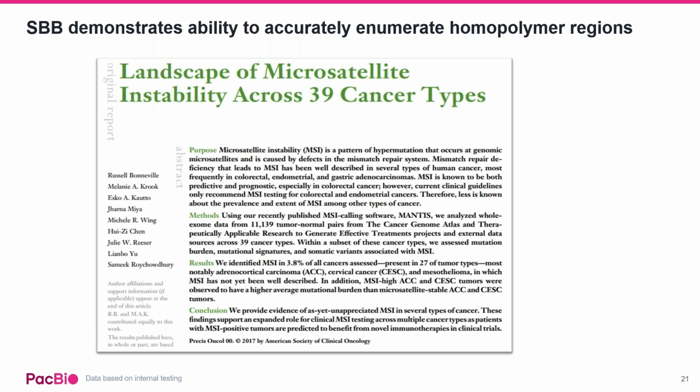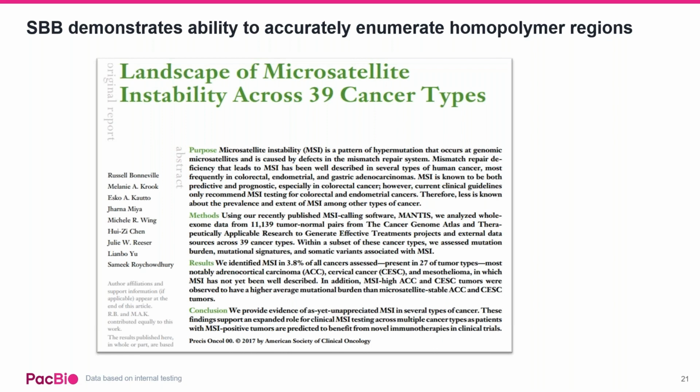So how is this relevant to potential translational applications such as oncology? There's growing evidence for homopolymers and simple repeats such as microsatellites, and their classification as microsatellite instability, whether it's high or stable, being a potential biomarker for selecting individuals for immunotherapy in oncology testing. Those repeat sequences, like microsatellites, are often difficult to read through with SBS due to slippage events. So we've seen with SBB, it can better resolve these microsatellites,